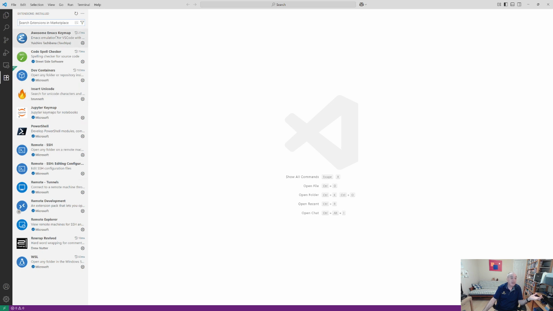So this is one of the things in the previous video: you need to have the dev containers and/or the remote development extension installed. This one is an extension pack. If you install that, it'll install a bunch of others. But I think at a minimum, you need at least to have the dev containers extension. Okay,